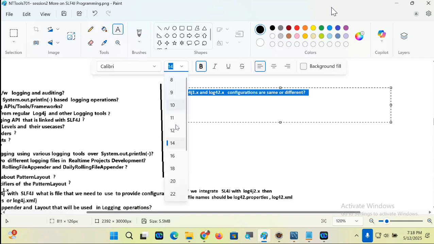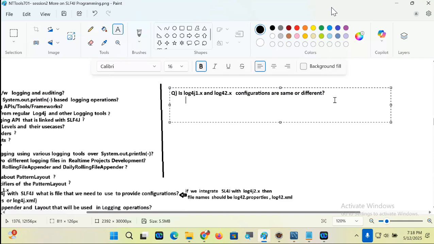The answer is different. Keys are different now. Are you using the same keys? No.